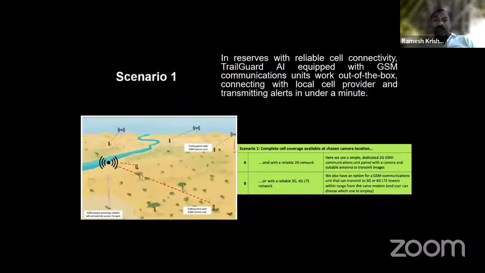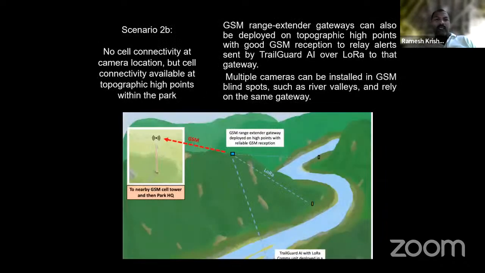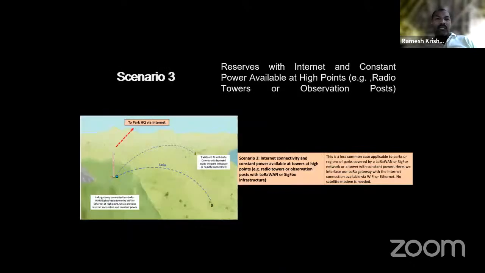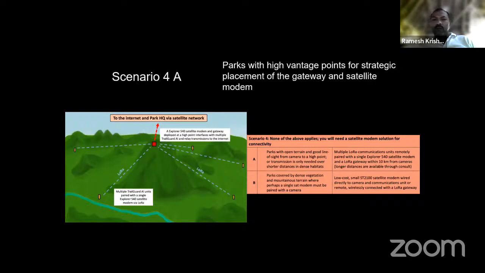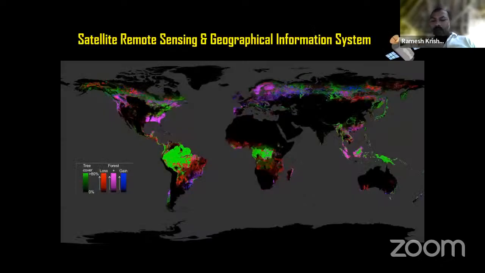Multiple scenarios it can work in, depending on the field situation. I'm not going to go into the details of it because these situations are better understood when you start using it in the field, and field managers will actually be using it. Because of differences in connectivity options, or not having connectivity, all this can be handled through a support system. And sometimes even if one camera trap fails, the communication can be boosted through other transmitters. So things have evolved. So I think that's about camera traps.